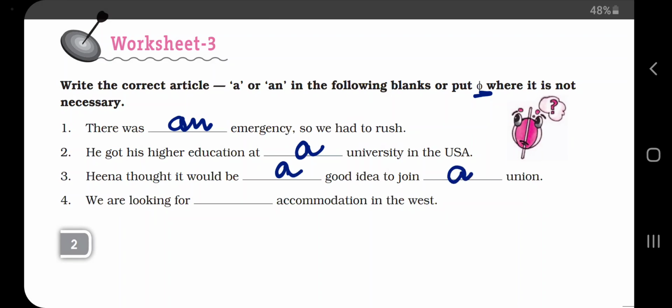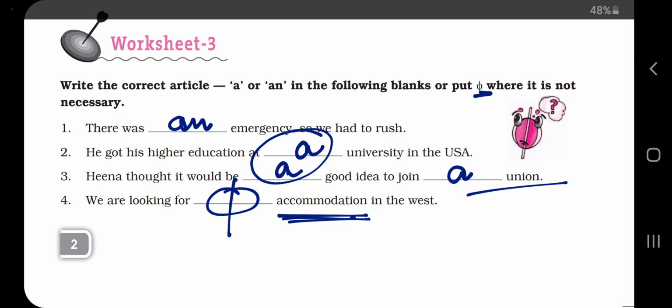We are looking for a countable noun to be used here, because accommodation is not countable, so we write nothing, null. Next is: